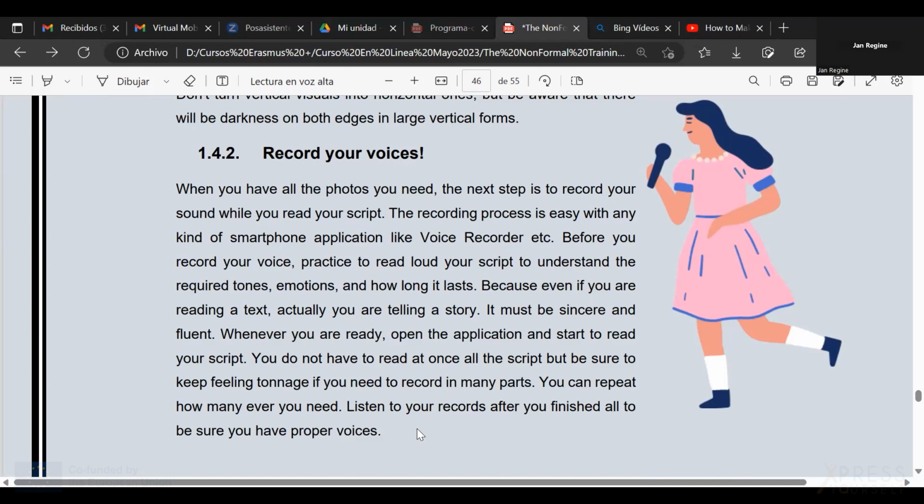So make sure you use any of those that have everything, because what might happen to you is that you edit your photographs and videos in an application, and then you want to add the recording of your voice that sounds perfect to you.